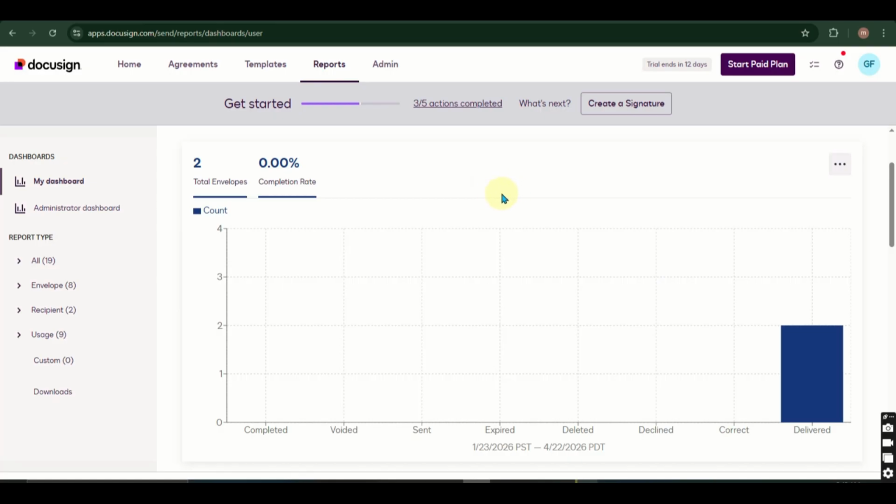And there you have it. You're now equipped with the ability to navigate reports in DocuSign effectively. This powerful feature can provide you with crucial insights into your document management processes and help you make informed decisions regarding your electronic signature activities. Remember to explore the different widgets available on My Dashboard to customize it to better suit your needs and achieve